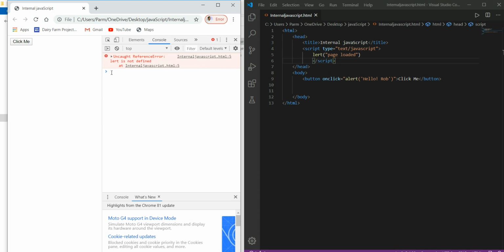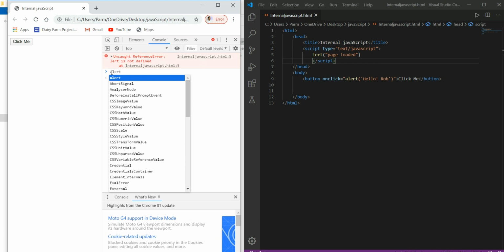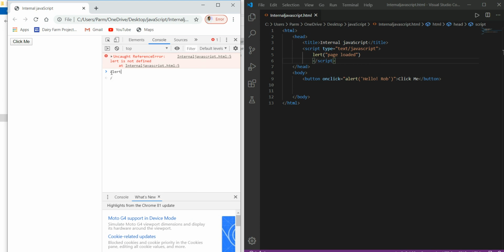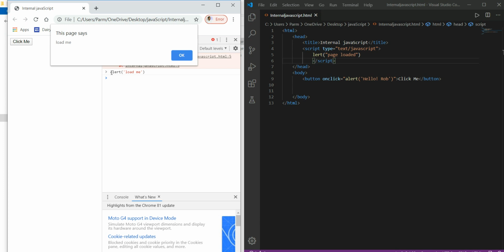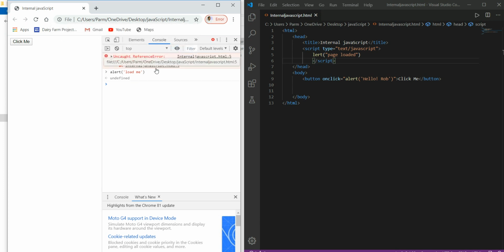Like I just wanted to test a code, say alert, and here we write load me. Now look at this. So this console is also used to check some quick JavaScript code if you want to do that.